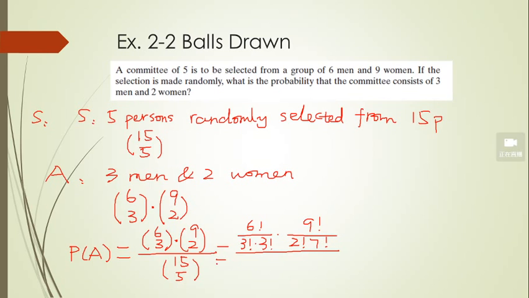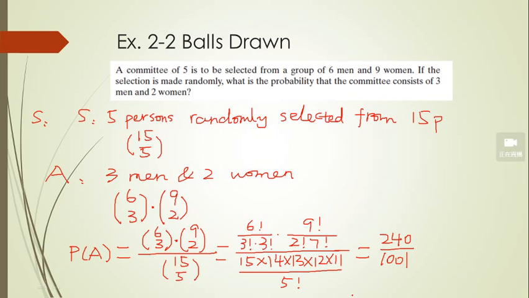And usually I like to do it this way, okay? So 15 choose 5, that means I have 5 numbers: 15, 14 times 13 times 12 times 11. And actually that is the same as 15 factorial over 10 factorial, then over 5 factorial. I usually like to write it this way, so you don't need to write over 10 factorial. So finally we work out the probability, that is 240. Let me check the final answer. That is 240 over